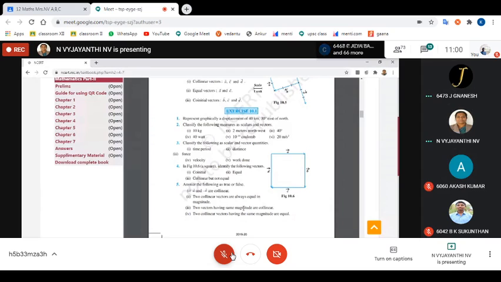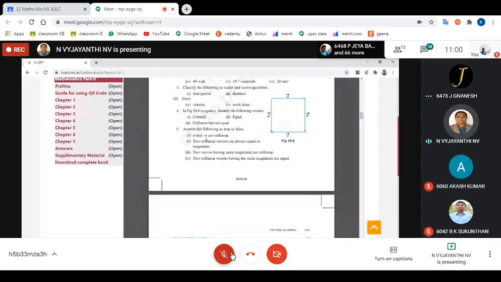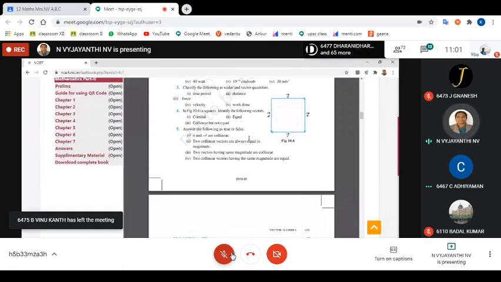Okay. So consider the following as true or false. A vector and minus A vector are collinear. Yes, ma'am. Even though they are in opposite direction, we will consider them parallel and collinear. And what is a collinear vector, ma'am? Collinear vector means it will be parallel or it may lie on each other. Magnitude may be the same or may not be the same. What will be common in both? They will be parallel. That is the common thing.